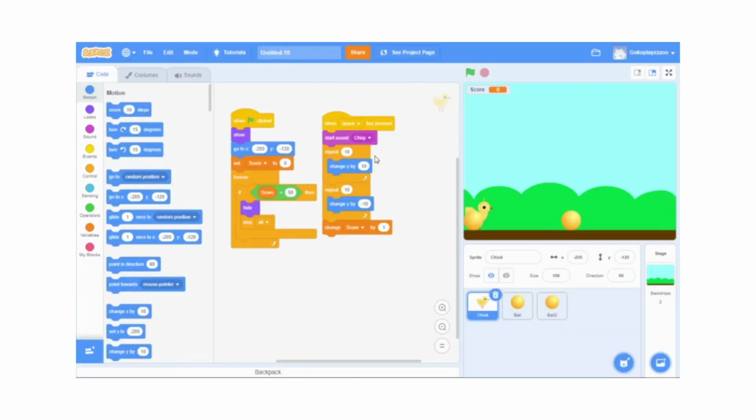But anyways, so this is the code for the chick right here. When the space key is pressed, it'll start the sound chirp, which is this sound. And then it repeats: the Y of the chick is changed by 10, which makes it go upwards, and then repeat it 10 times, and then the Y is changed by -10 to make it go downwards, and it's repeated 10 times as well. So that's how it does the jumping